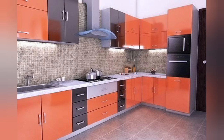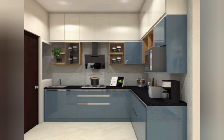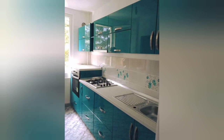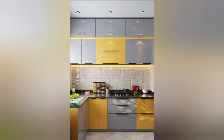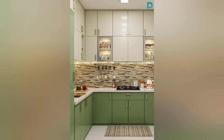and these are dark color kitchen ideas with a good look and good style, and this L-shaped kitchen design idea, and this kitchen interior design with cupboard designs, and small kitchens, and this kitchen has so many good looks and good ideas, and this kitchen is very beautiful with wonderful ideas, and these yellow color combinations are so nice and beautiful, and this green color